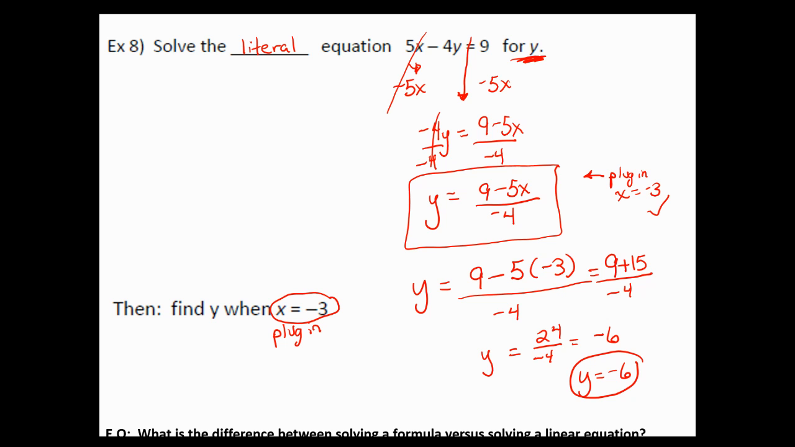Okay, so I'm going to help you with your summary today. So what's the difference between solving a formula versus solving an equation? So when we solved for a formula,